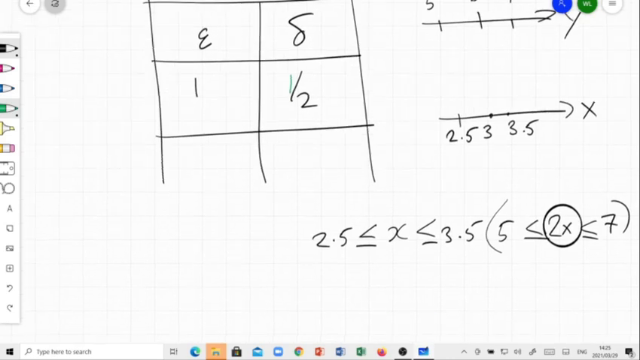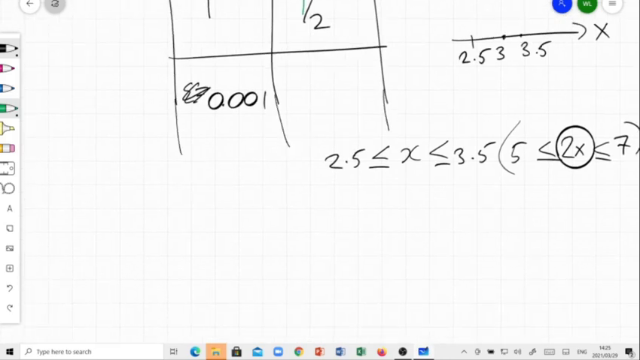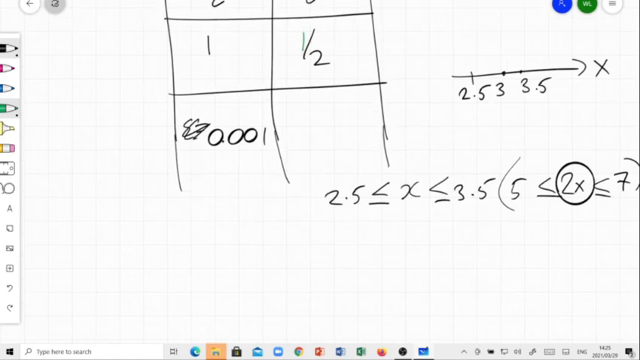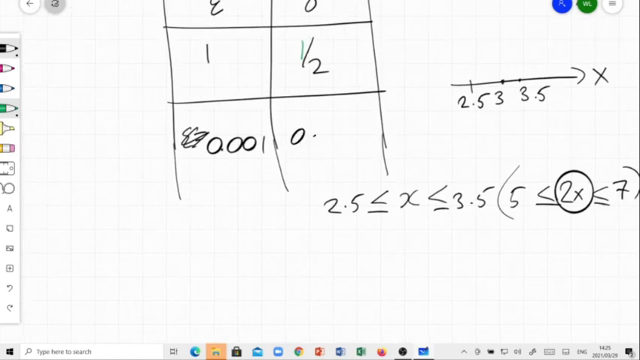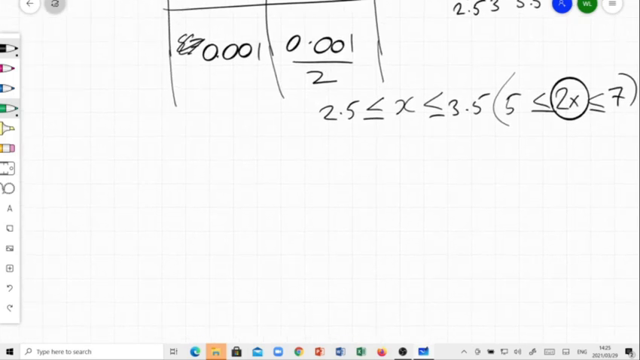So let's be a bit more strict. Let's say I make my challenge very, very tiny, like 0.001. Now that's mega strict. The curfew is very tight: I want all my x's to be within 0.001 of 6. Then according to the formula, my method, I must just take 0.001 over 2, which is equal to 0.005. So if my x's are within 0.005 of 3, which means